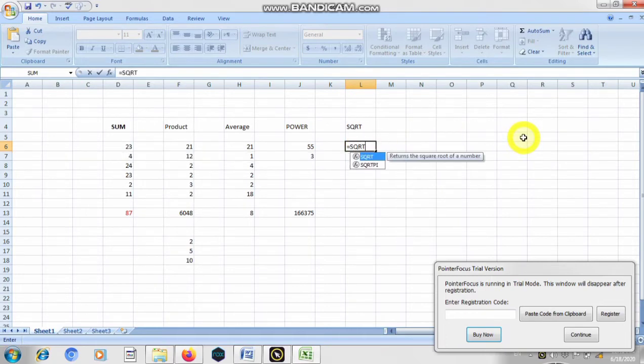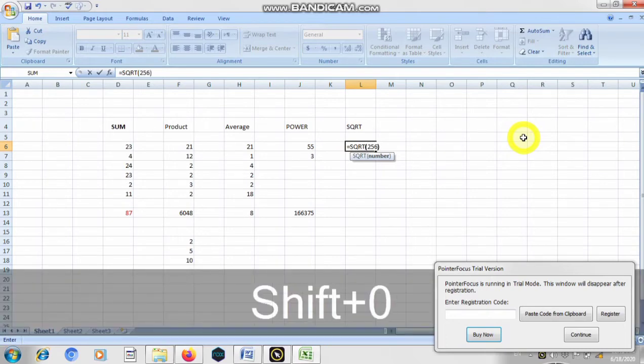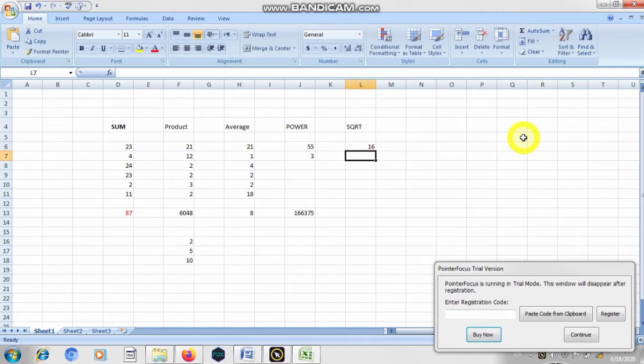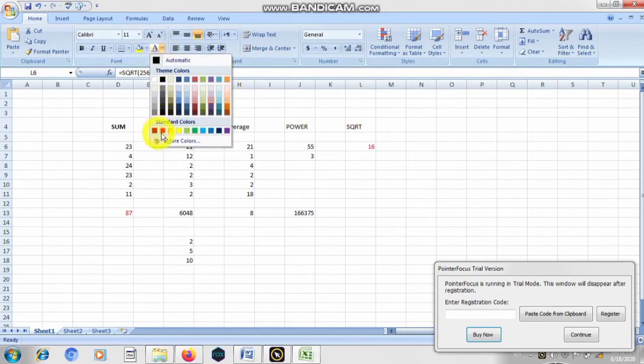SQRT is your function, and here you enter the value for which you want to calculate the square root, that is 256. Close the bracket and click enter, and it will automatically calculate the result. Let me highlight all the results in different colors.